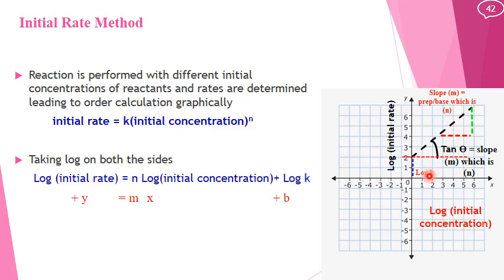So by taking the antilog of this intercept value, that is log of k, we will have the value of k, and by measuring the slope of the graph, we will be able to find out the n value, and n is the order of the chemical reaction. So again, we have both the methods. We can find out the angle theta, and its value will be helpful, as well as the trigonometric method can be useful in order to check out the value of n, and this value of n will determine the order of